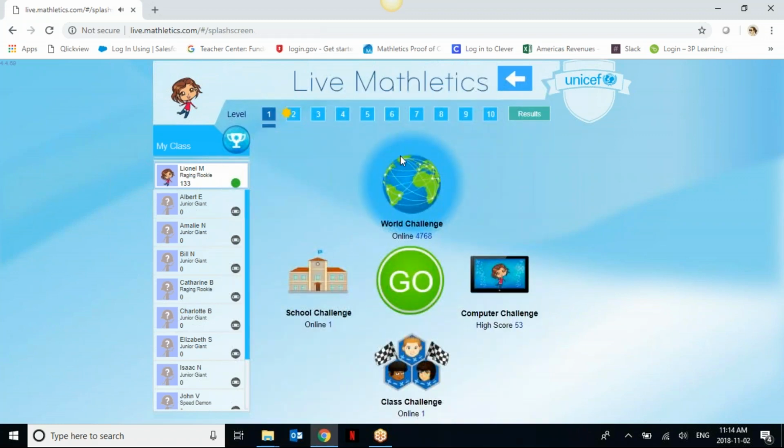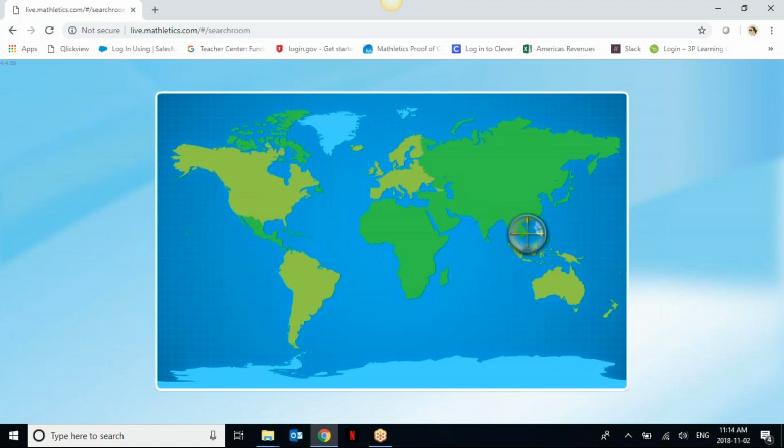So they would choose the level and then they choose how they would like to play. Versus the world means that they get matched up with live students across the world. Currently, there's just over 4,700 students playing. Versus the computer, if they want to go at their own pace, or they can even play against peers as well. So to give you a quick example of what that looks like, I click go and I clicked versus the world. So it's going to match me up with other students that are currently in front of their computers